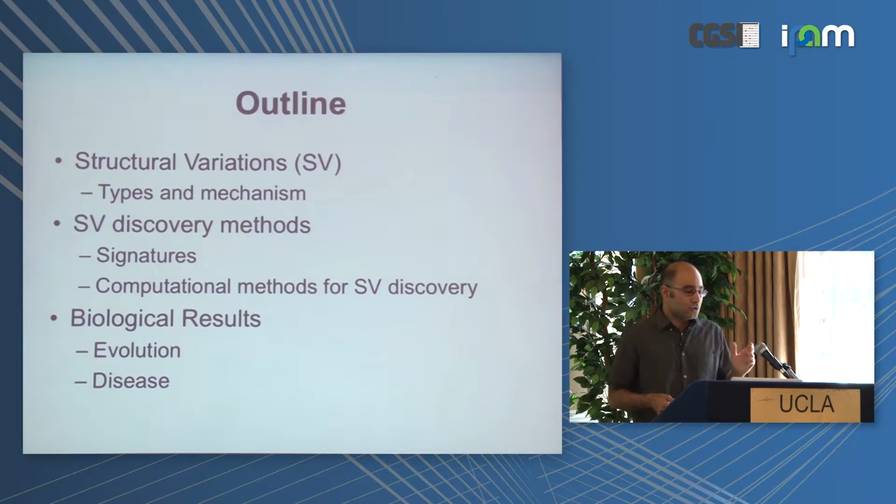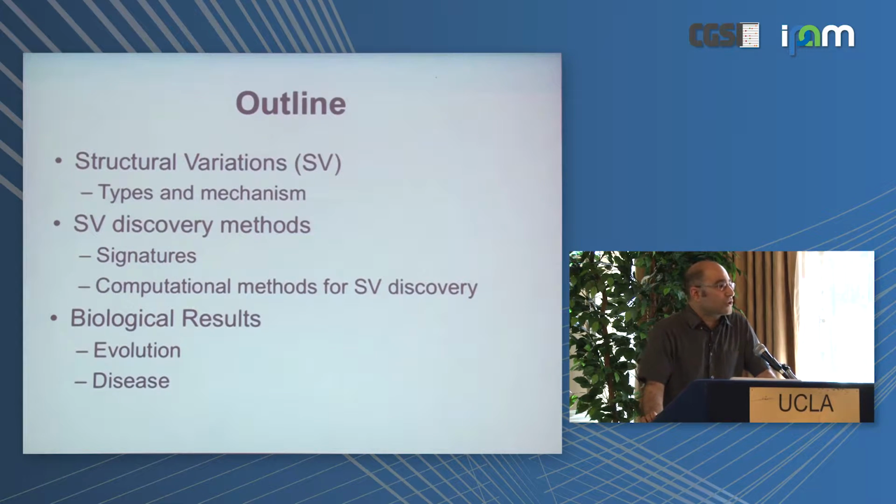So I broke my talk into three main groups. First, I will talk about what is structural variation and why we are interested in finding structural variation in the context of the human genome. Then I will talk about the methods that have been developed for discovery of structural variation, specifically what are the main signatures that are used for finding structural variations, and what are the tools that have been developed around those signatures. I won't go too much into the details of the methods, but I will try to convey the high-level ideas of those methods. And then I will talk a little bit about the results that have been found by applying those methods to whole genome sequence data for